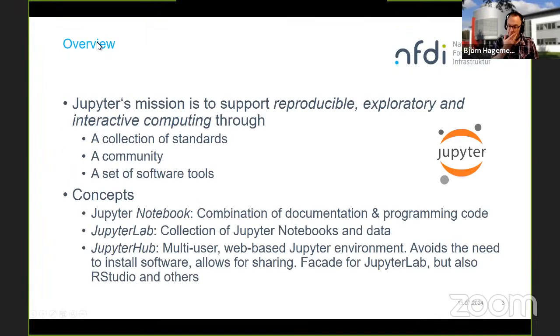Okay, so brief summary of what Jupyter itself is. So Jupyter's mission, and thank you very much Bernd Flemisch, who is also present here today, for providing the content for this slide. The mission is to support reproducible, exploratory, and interactive computing through a collection of standards, a community, and a set of software tools. So reproducibility in this case means I have done something and I want other scientists, researchers to